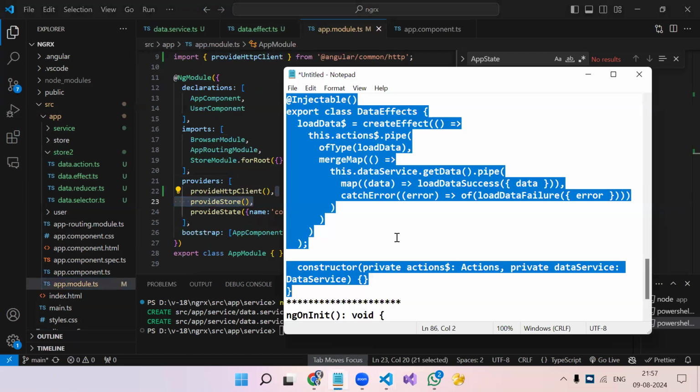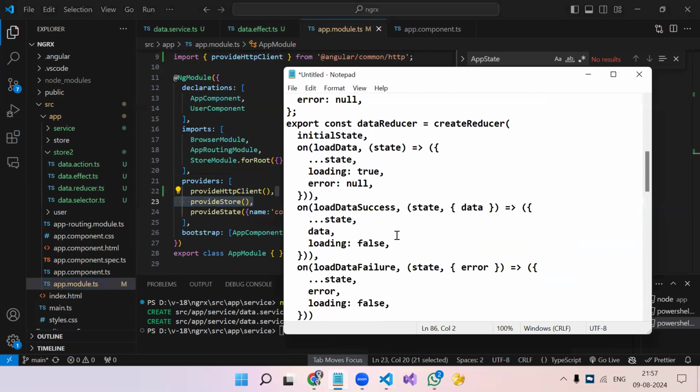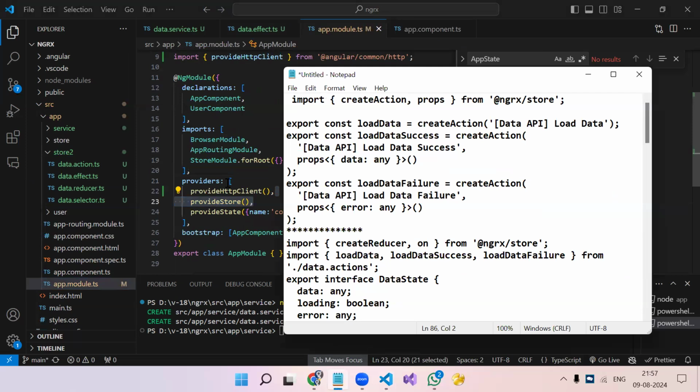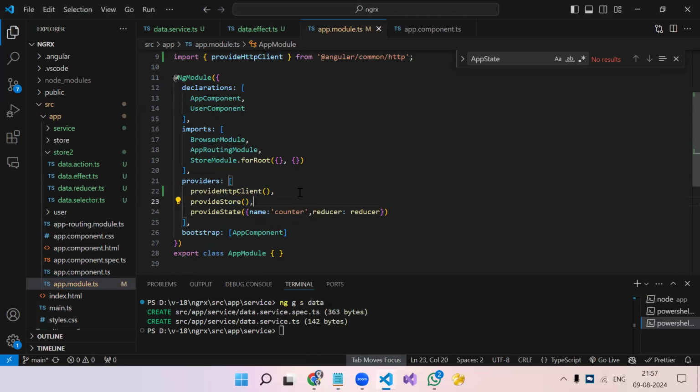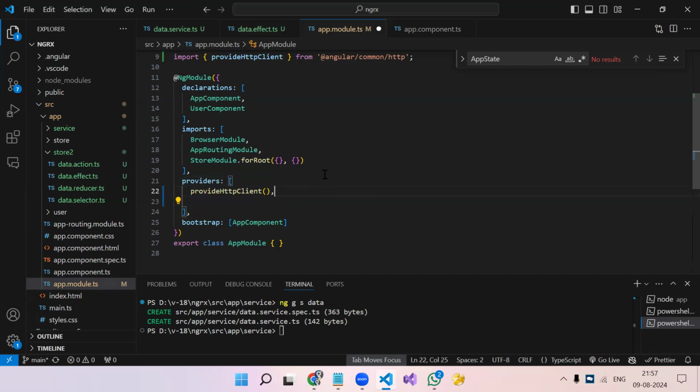Let me see if I have written that. Just a second. So we will remove this from over here, and in store module for root, now we have to provide the data,